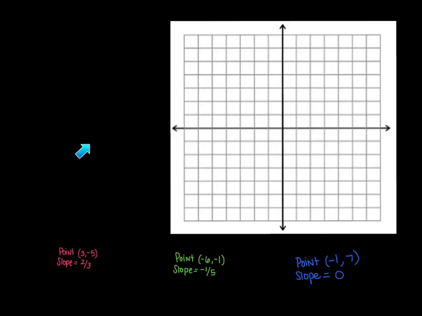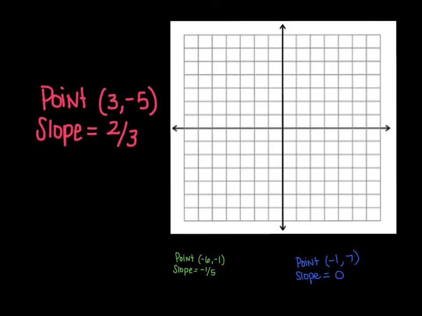Now that we have talked about all the steps, we are going to actually go through them together. Here you're given a point 3, -5, and the slope is 2/3. One thing to keep in mind, just a reminder, your point is always written xy. Okay, so I start at the origin,